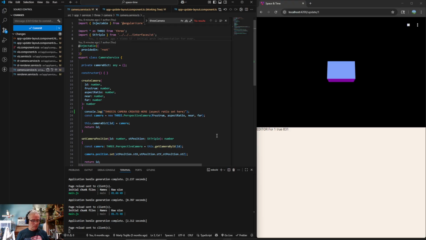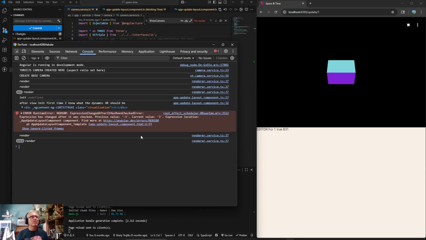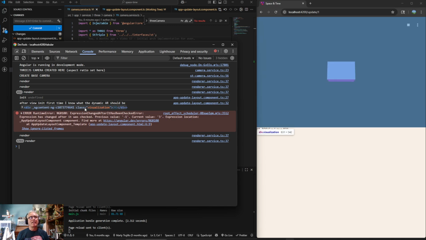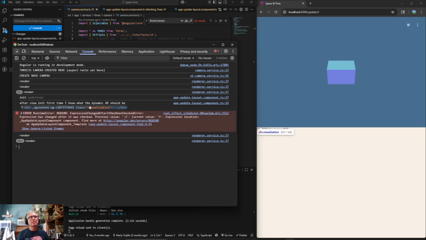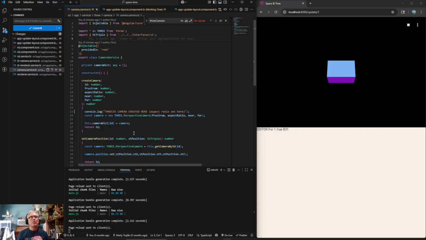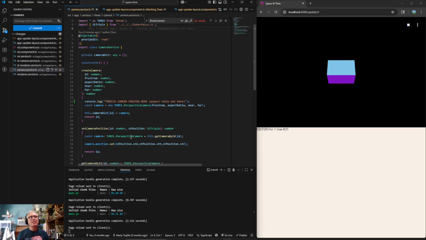So at this point, see, this is the first time I know what the dynamic AR should be. But this is when it got set up here. Okay. And then, okay, so now when we come in here,